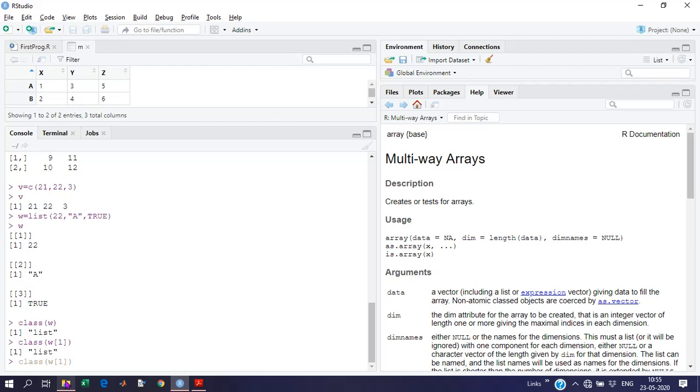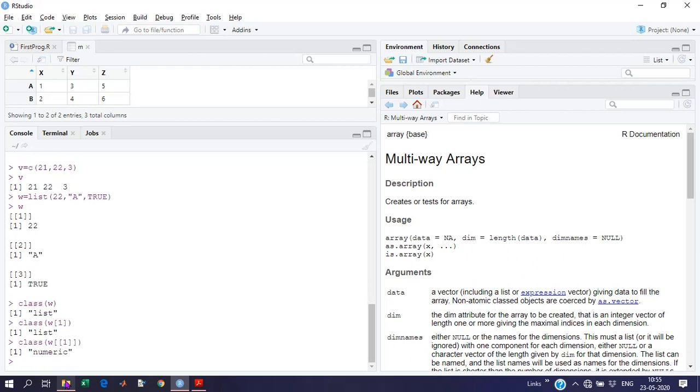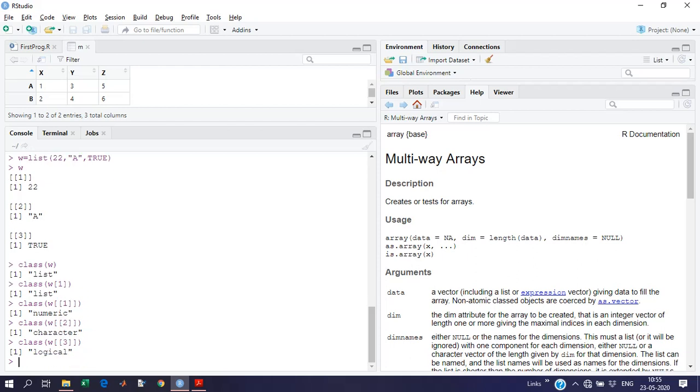To access an element, we have to use double square brackets. For 1 it's numeric, for 2 it's character, for 3 it's boolean or logical type.